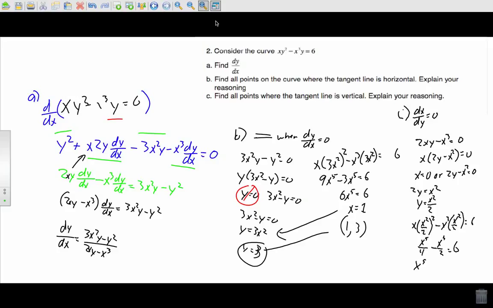So x to the fifth minus 2x to the fifth is going to equal 24. All I did was get a common denominator of 4. So the first term is x to the fifth over 4 minus 2x to the fifth over 4 is equal to 24 over 4, and then just got rid of the denominator. So you get negative x to the fifth is equal to 24, or x is equal to negative fifth root